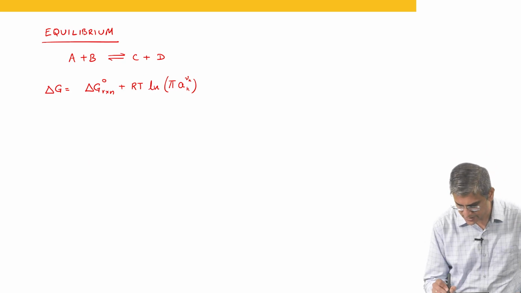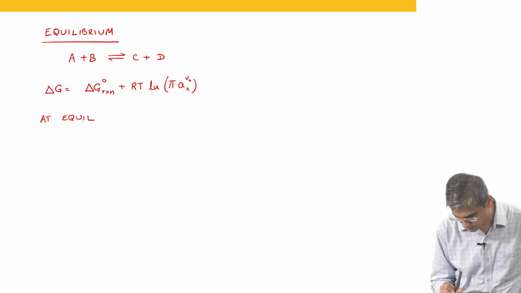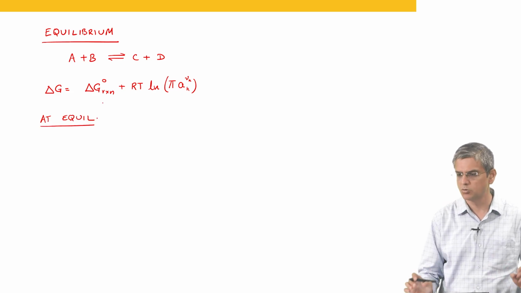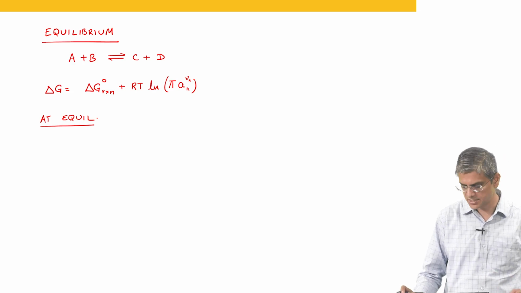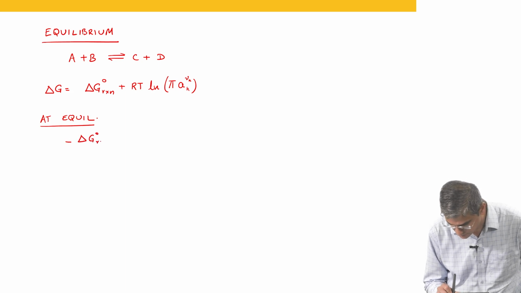So, basically at equilibrium, and let us say just for simplicity sake that this was a liquid phase reaction. It could be liquid, it could be gas, it doesn't really matter. Okay. So, we would be writing delta G naught